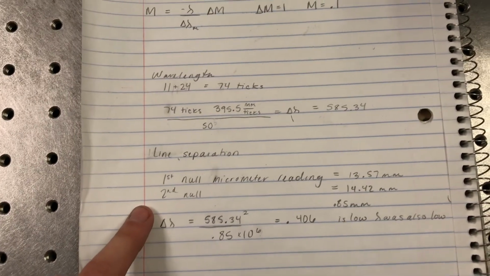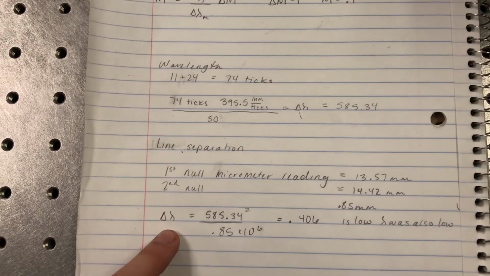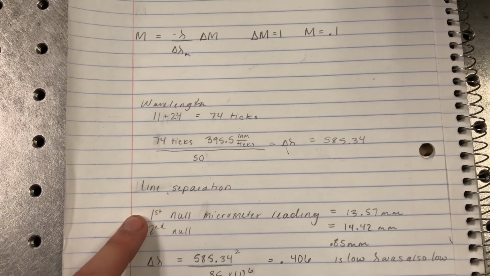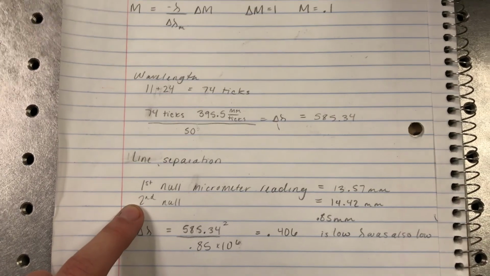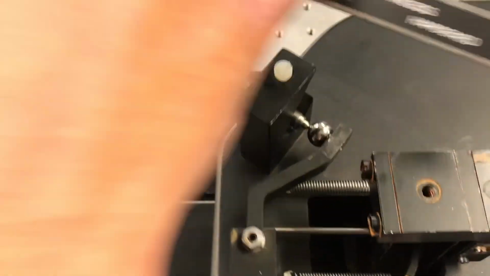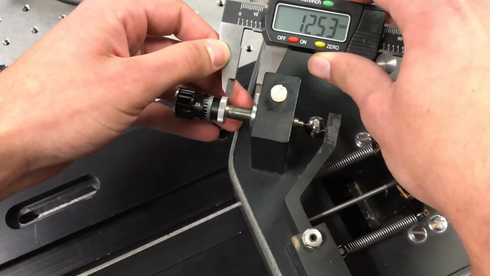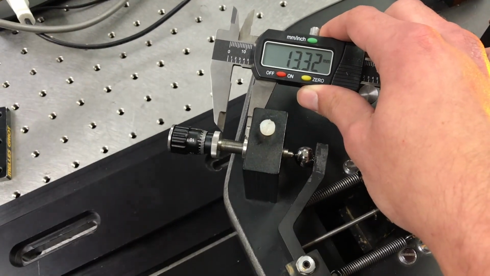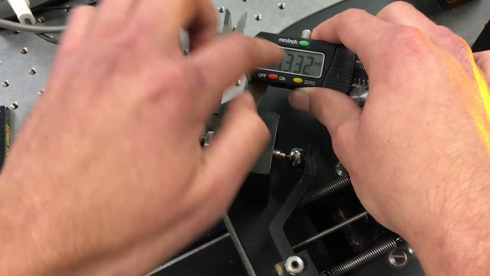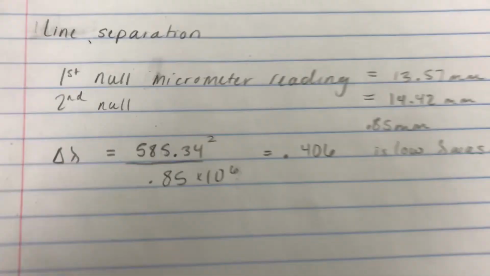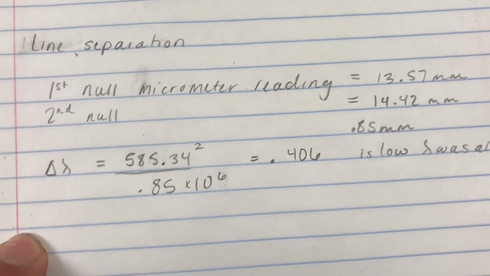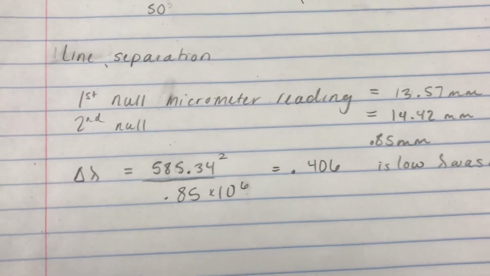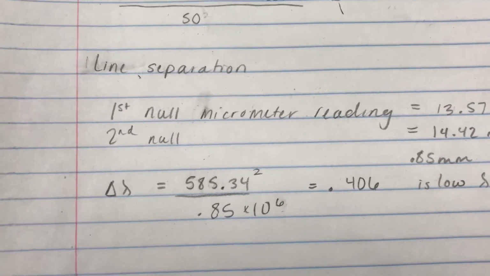And then we also needed that calculation to find our error in lambda. We did that by finding the null of the fringes where it disappeared, and then the second null. We used the calipers to measure the knob length, and once we went from the first to the second null, we calculated the distance, and from the values we had, our delta lambda was 0.406,